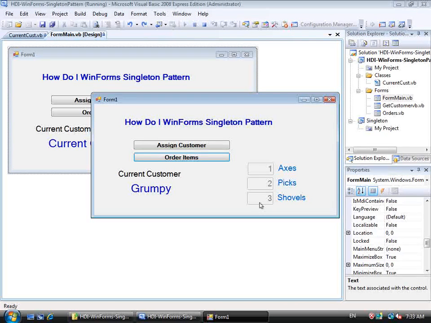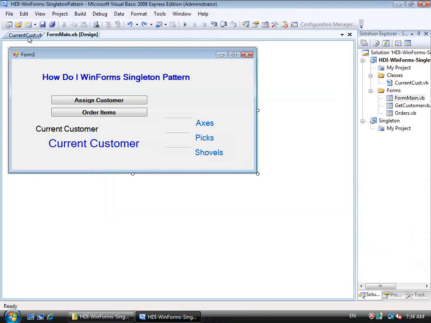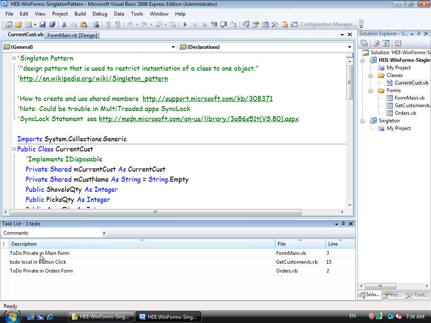Okay, so how did I get there and why? Well, the reason why is because I went from one form to the next by creating another reference to the exact same singleton pattern. So I'll show you how we did that, and then we'll create one. Okay, so over on my task list here where I put in a couple of references. So the first thing I want to show you is when I open the main form,